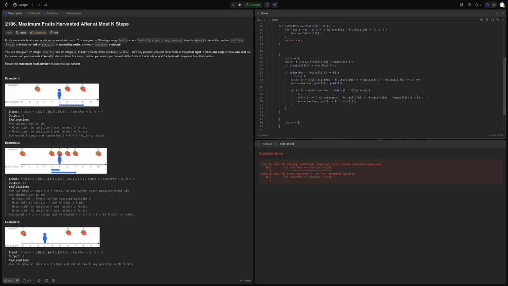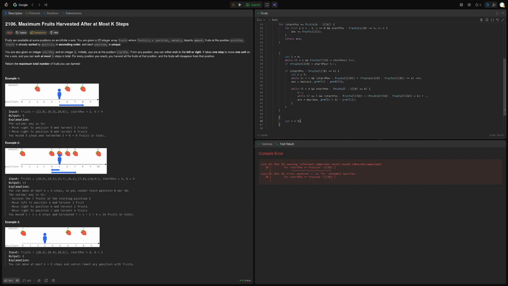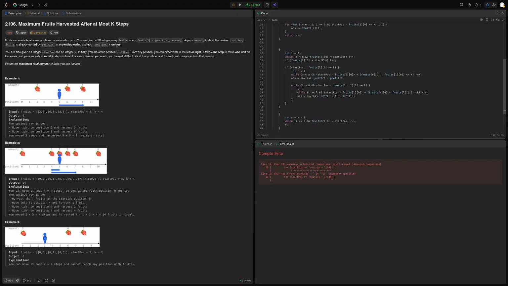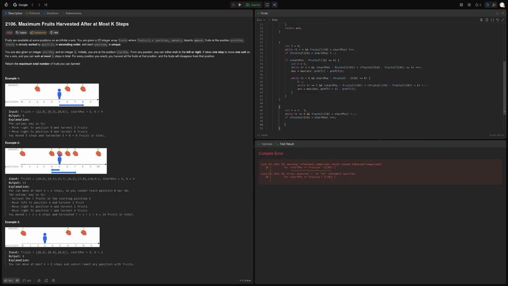So int r is 0, or let's do n minus 1, and now while r is larger than 0, and fruits r 0 is larger than start, false, r minus minus, if fruits r 0 is smaller than start, false, r plus plus. Now if